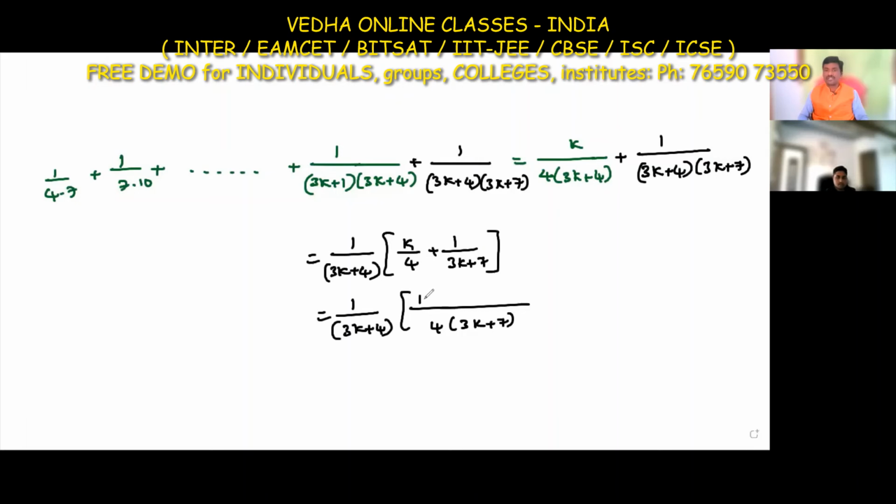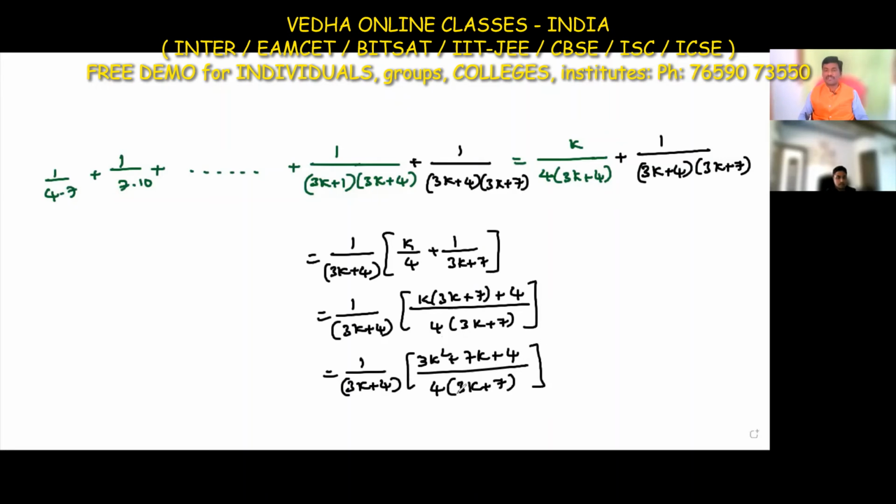So k into 3k plus 7 plus 4 ones are 4. 1 divided by 3k plus 4 into k into 3k square plus k into 7k plus 4 divided by 4 into 3k plus 7. Now factorize the numerator. So this is equal to 1 divided by 3k plus 4 into